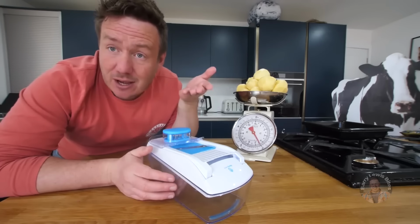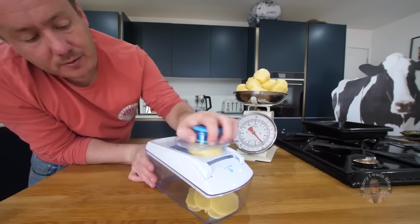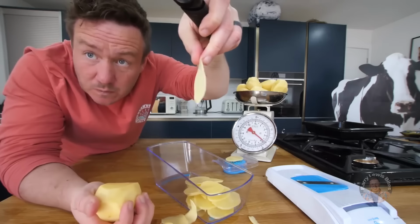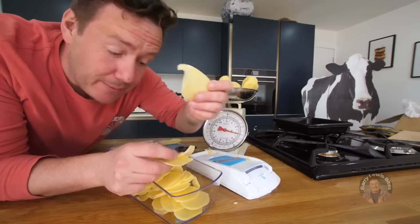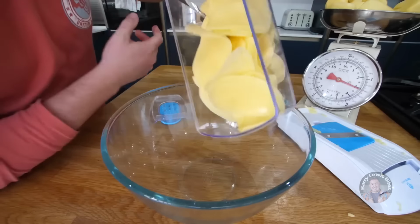But basically this is a mandolin, so that it enabled us to... So they're nice and super thin, okay? If you don't have one, you can do it with a peeler. How appealing. So all different shapes and sizes, but the thickness is the same. That's the most important thing. So this is going to fill up quite quickly. We'll put them into a...